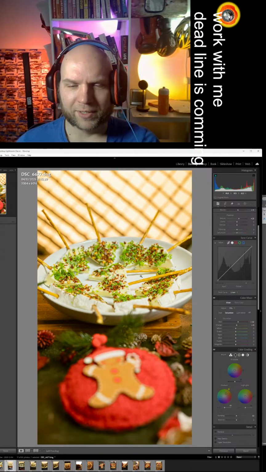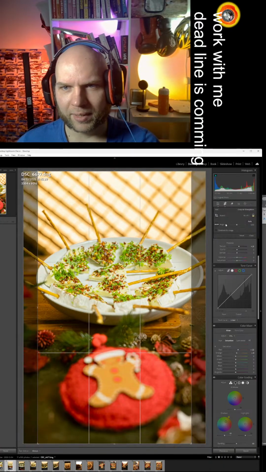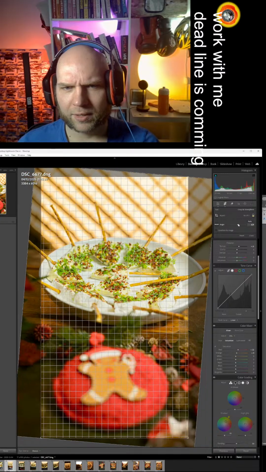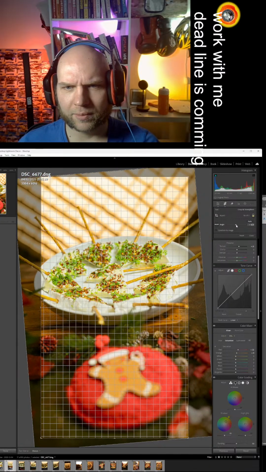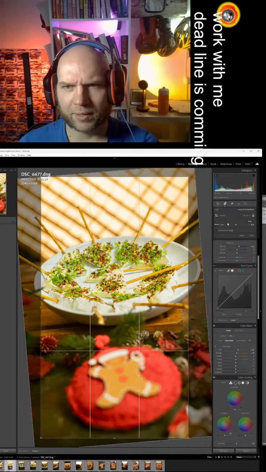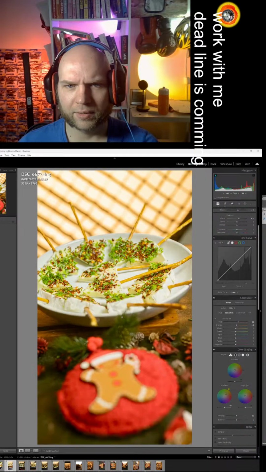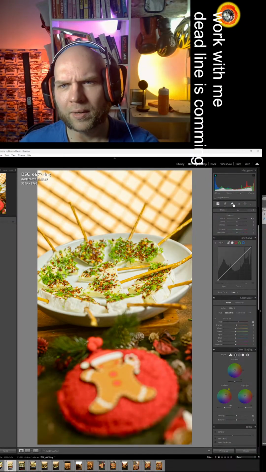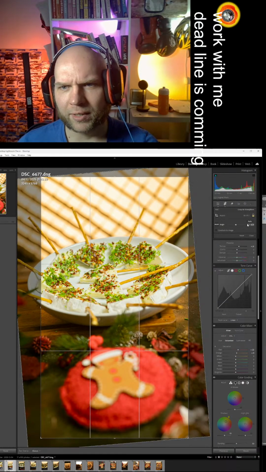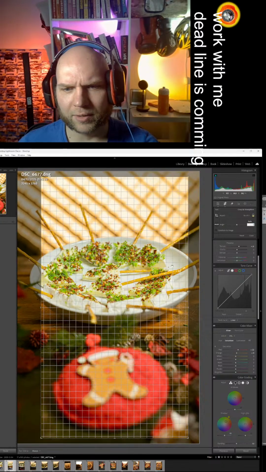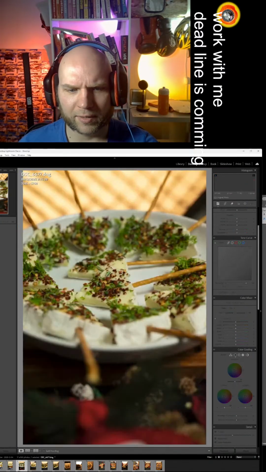But now the dish is not in the middle, so maybe we can skew this photo a little bit to the left. There is not that much room to move. Just like this. Sometimes you need to check if that works or not. If not, just leave it like this. Nobody cares.